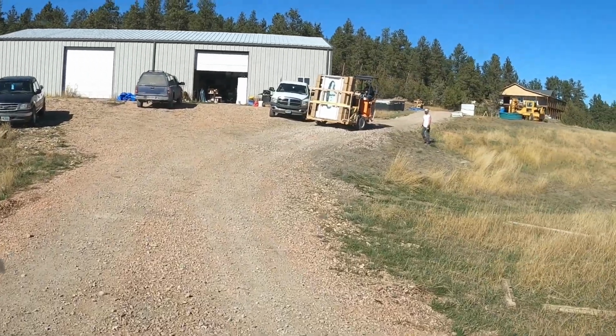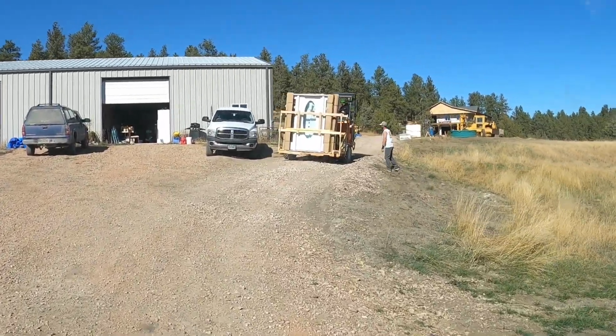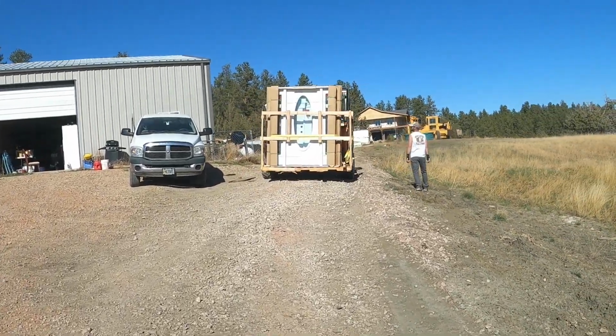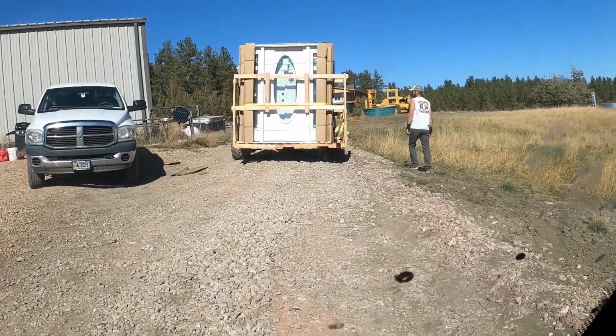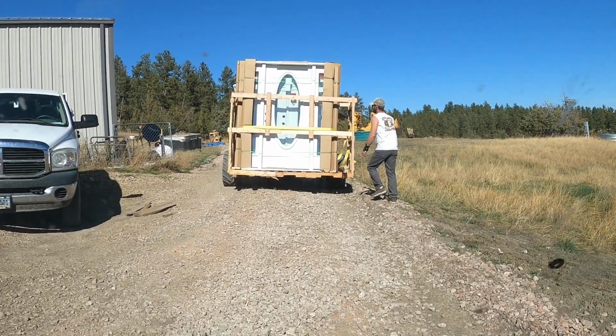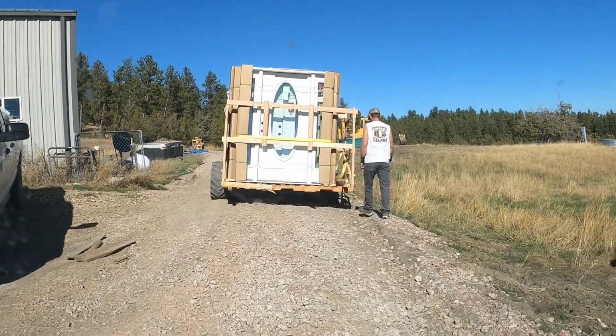Well, folks, it's been about 45 minutes since I shot that last little clip, and these doors were not packed well at all. It turned into a real goat rope getting this pallet off the truck without breaking any of the doors. So they all look good, which is